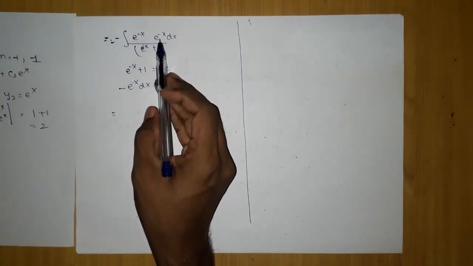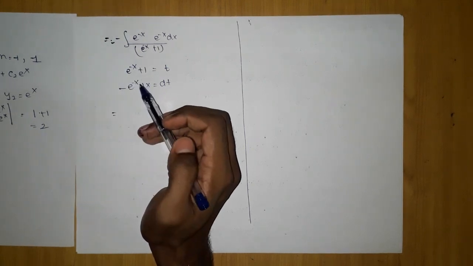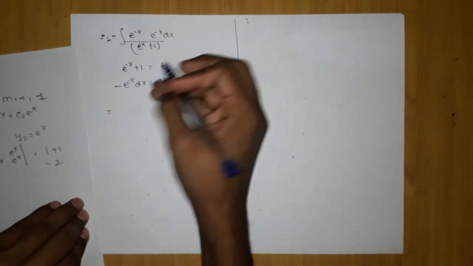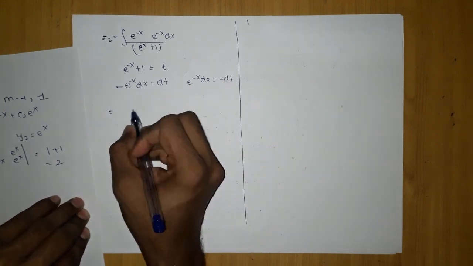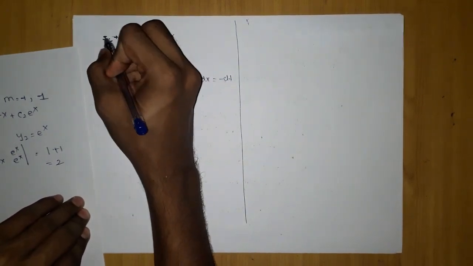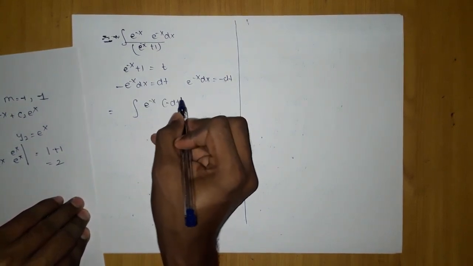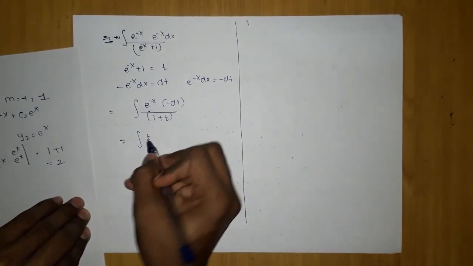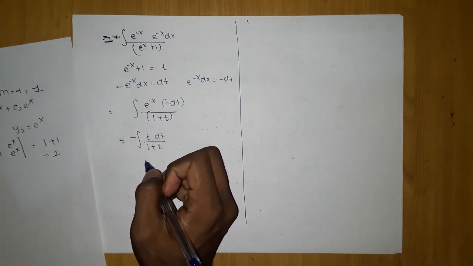And this whole thing, here it was a minus sign also. In u of x there is a minus sign, but there was minus 2 here. So this minus sign will get cancelled out, right? And we are going to substitute e to the power minus x dx as nothing but minus dt. So I am going to get, there will be no minus sign here, e to the power minus x into minus dt, 1 plus t. I forgot to write here t, t minus I am taking outside, dt upon 1 plus t. So we are getting this thing.